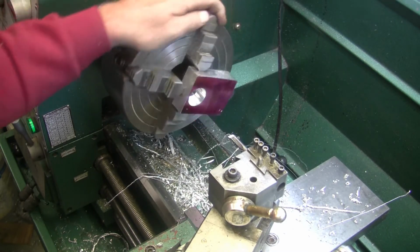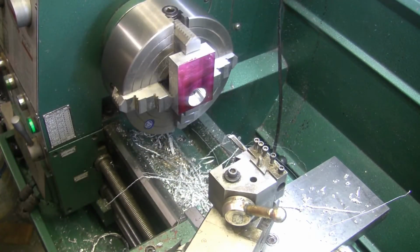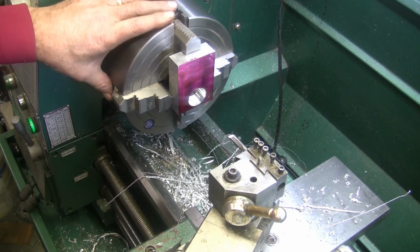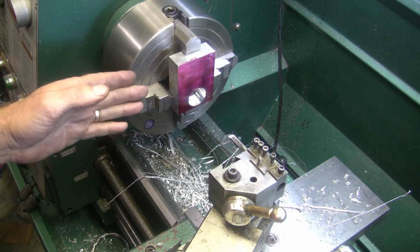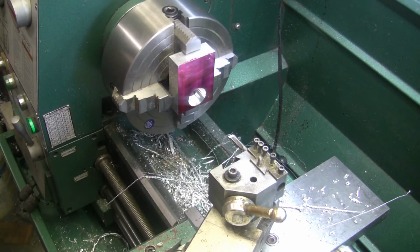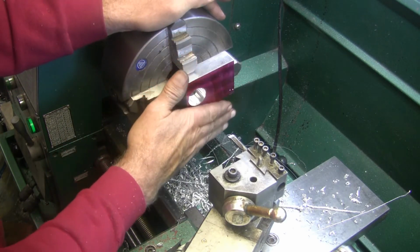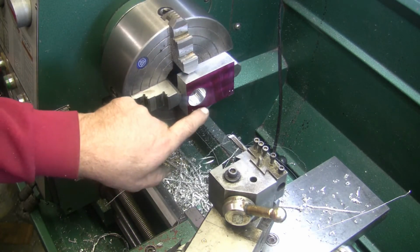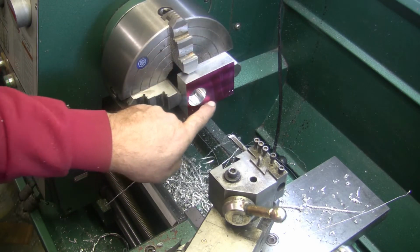All right, there's one. There's one down, and I'll do the same thing on the other one. I'll loosen two and then take that out and put the other one in and dial it in, make sure it's straight or somewhat straight, and then I will lay out some scribe lines here, and